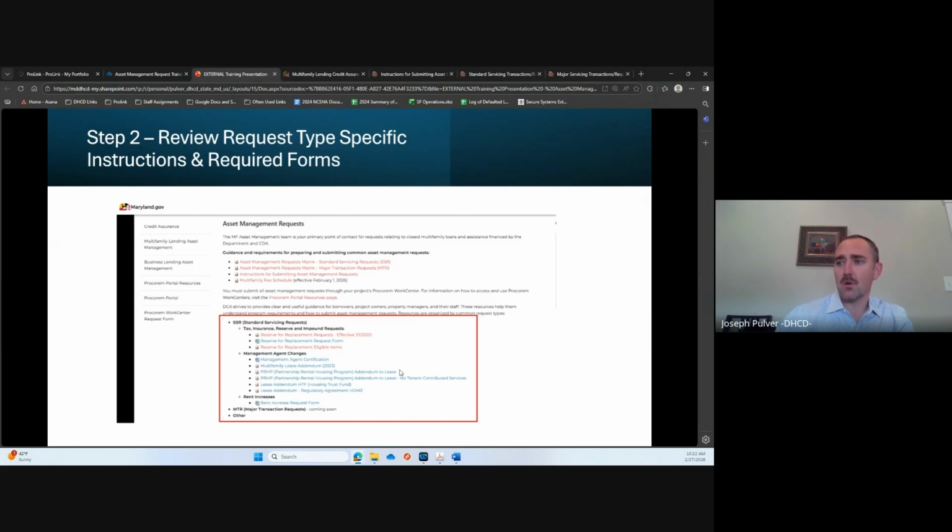We have a handful of requests like reserve for replacements, management changes, and rent increases, where we have forms that need to be used in connection with those requests. Those will be kept and maintained on the website. So if you have a request that doesn't have any standardized forms, you just want to go through the regular instructions for submission, but also check to make sure if there is a specific form that needs to be used in connection with a certain type of request, that you see if it's there on the website.